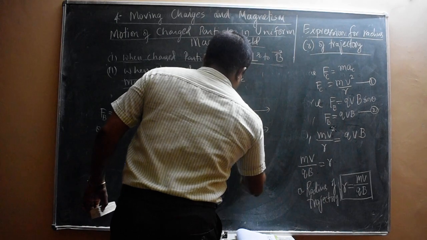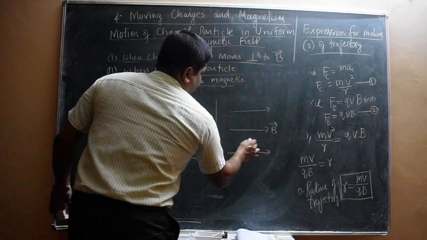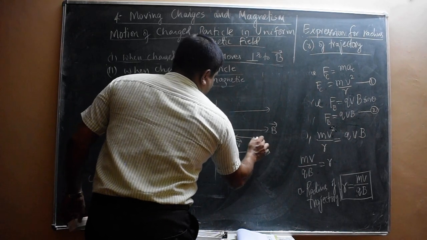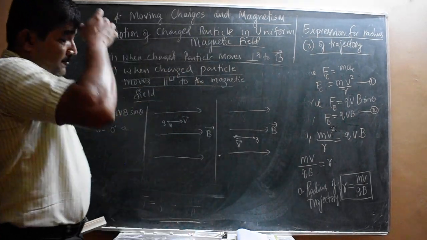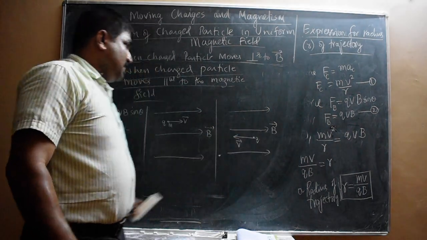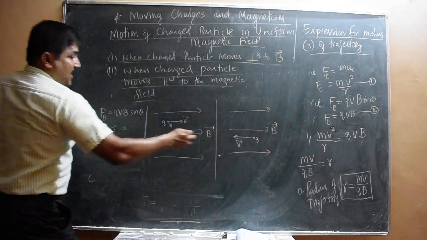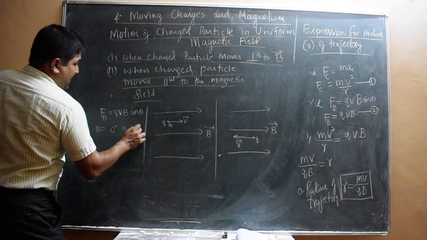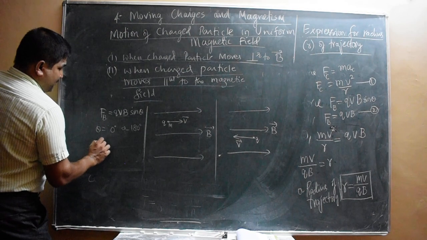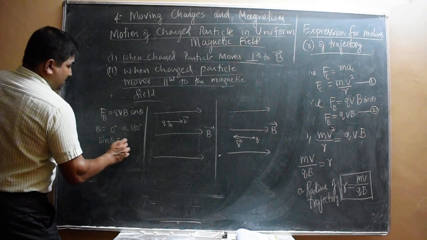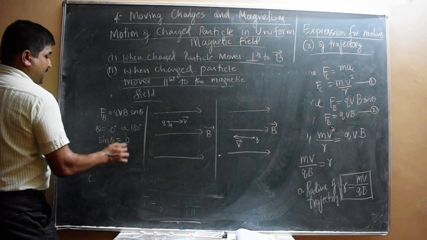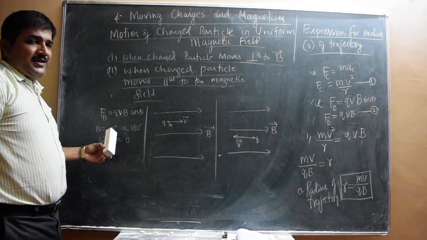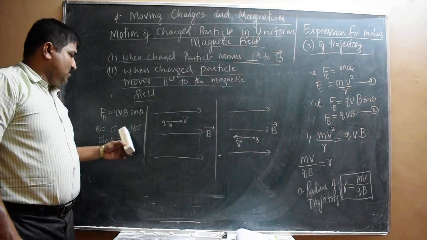Now the field is like this. I will project the charged particle opposite to the direction of the field. This is the direction of the charged particle, so it is exactly opposite. When it is opposite, the angle between the velocity vector and the B vector is 180 degree. In both cases, the sin theta value turns to 0. Just remember, sin theta is 0 where theta is 0 degree or 180 degree, pi